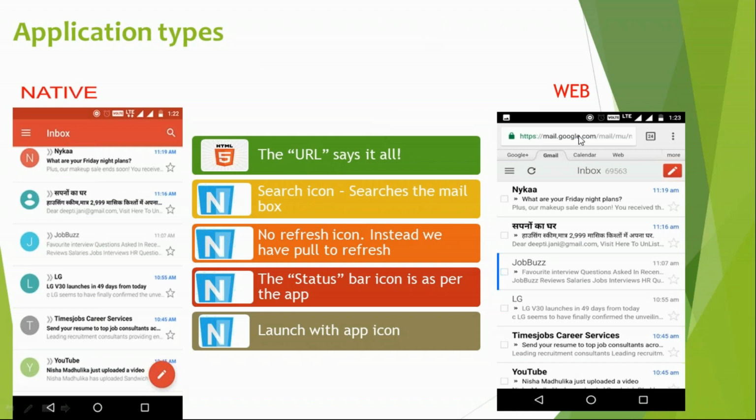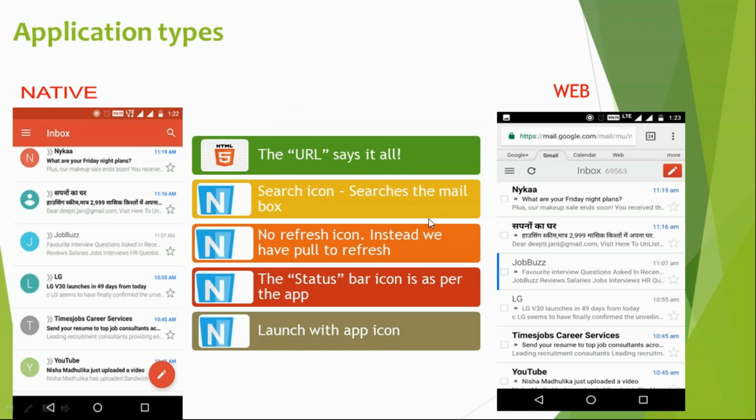If I want to open Gmail in a Chrome browser URL, I need to type www.gmail.com. Then I need to wait for the login page, then enter username and password, then click on inbox. So if you see here, the user interface has been loaded like this. If I want to do the process till the inbox launch in a hybrid application, it's hassle free. I can just touch an icon which is available in my mobile, and automatically my Gmail inbox will be available. Clear?